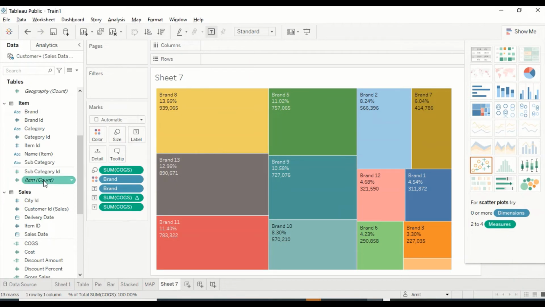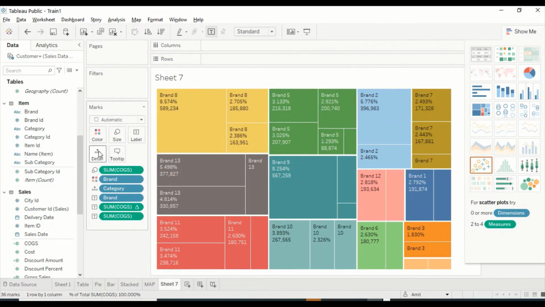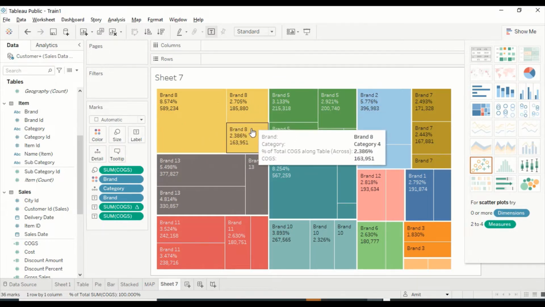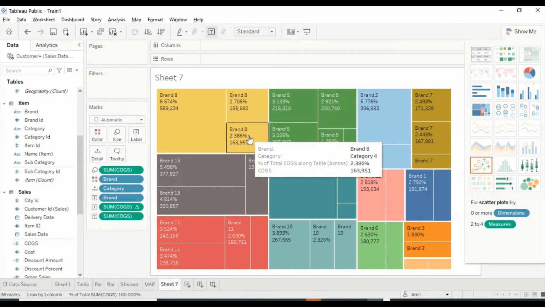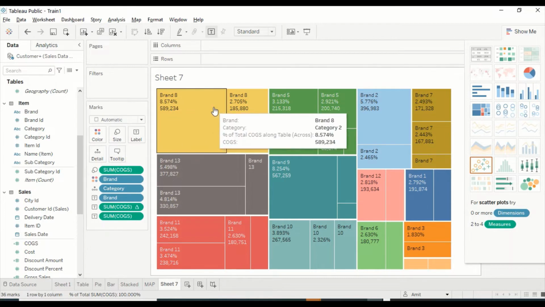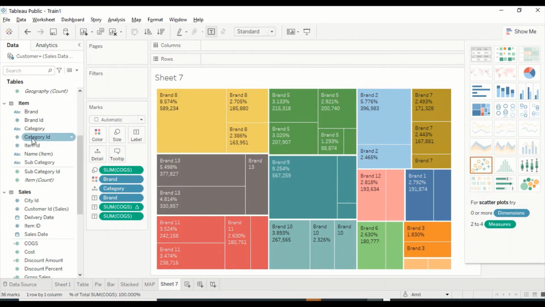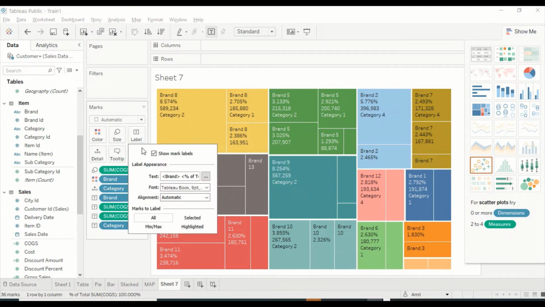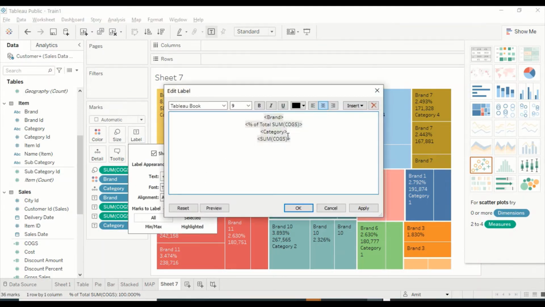Okay, now we can add the details. So let me go ahead and add the details into the category. Now the moment I added the category, you see this brand repeated 3 times, and because there is no way right now we have shown the category here, so we have to actually add category as label. Now there are too many labels, so it might not show all the places, so we can go ahead and edit it. Now if we are pretty much fine that category labels is the one which we are able to do, then we can remove it.